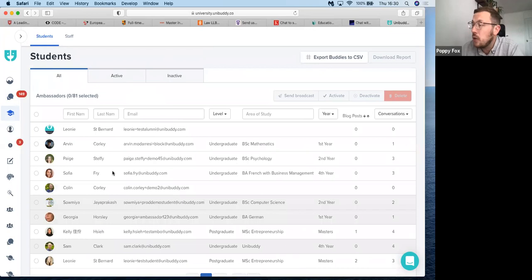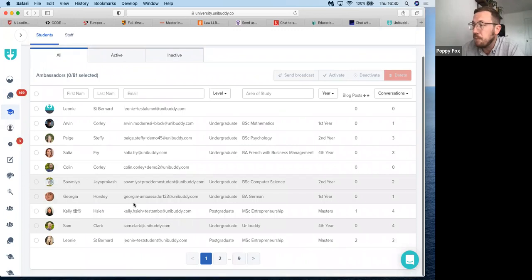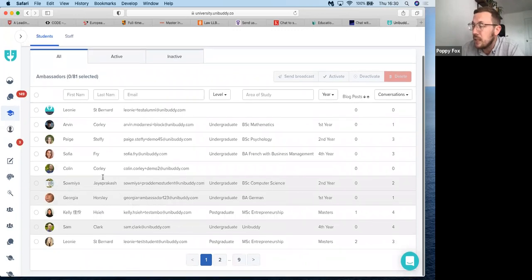The dashboard is also the tool you use to manage your ambassadors. So all of your ambassadors are saved within this dashboard. As you can see here, this has got all of their profile information, so their name, their email, the kind of course, and so on. And this is used by our partners as a messaging tool. So you can message individual or groups of ambassadors.